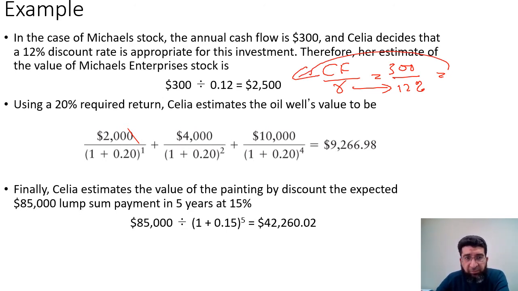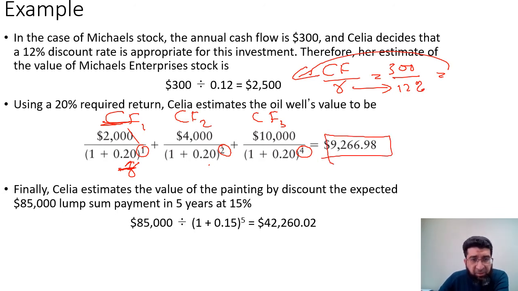Now, if she invests in the oil well, she will get the first cash flow, 2,000, for R. The second one is the second year, and this is the third one. R stays the same while we have the first year, second year, and the fourth year. So it's the fourth year in which she will receive this. In the third year, there is nothing. If you discount all of these and add them together, you will get